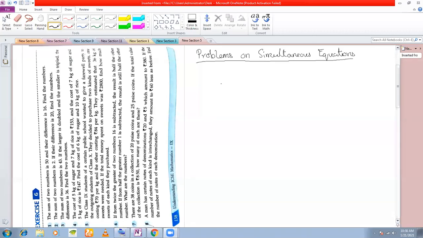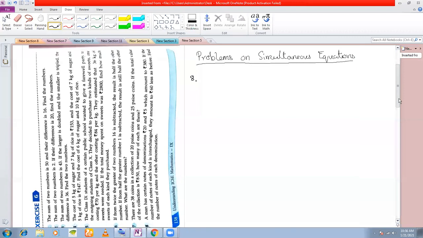The first question that I'm going to solve here is question number 8. The question reads, I don't know if you're able to read here. Yes, I think this is fine now, if you're able to read. It's inverted also, and it will appear a little smaller on your screens. Just hear what I am saying.